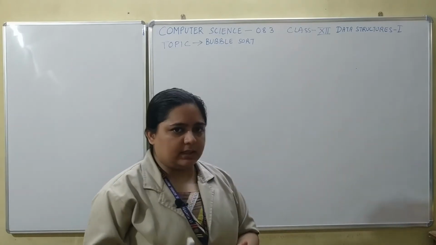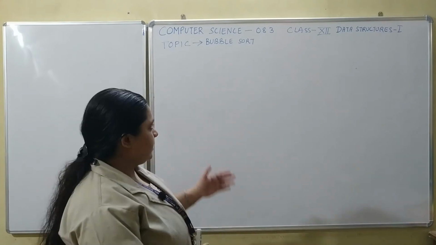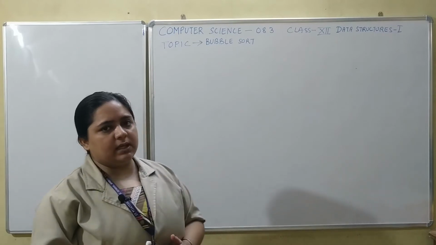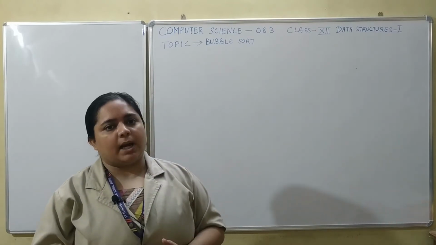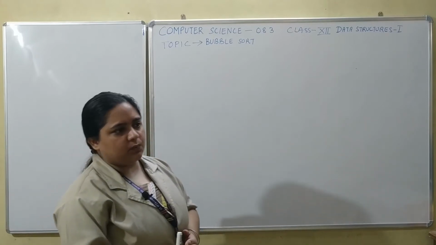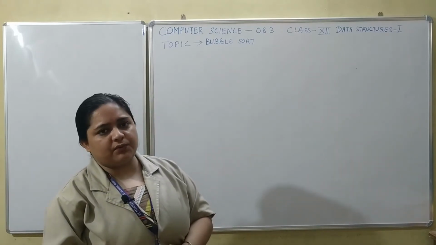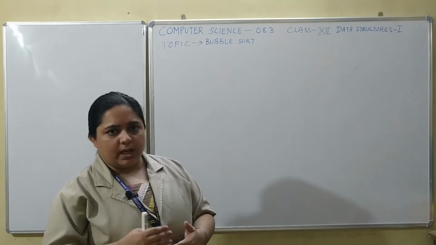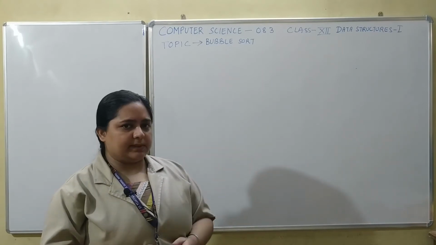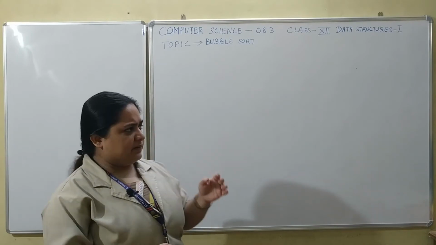In the first half of this lecture, we are going to understand what bubble sort is, and in the second half we will see how to write its program practically. So what is bubble sort? It is one of the algorithms which is used for arranging values in a linear list. We had seen selection sort prior to bubble sort, where we were